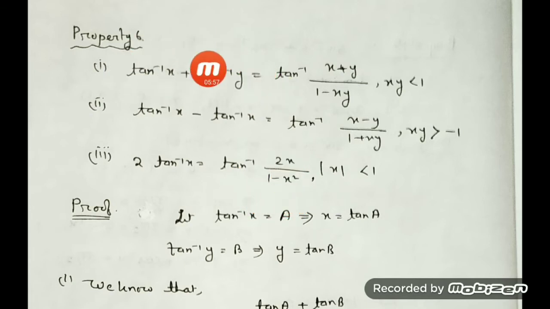For the proof of these things, you see, x and y are different things. X we cannot obtain from y, or y you cannot obtain from x. That's why here you have to suppose tan inverse of x and tan inverse of y separately. I just suppose take tan inverse of x as a. Replace into trigonometry. It is x equal to tan a. Similarly, tan inverse of y equal to b. Convert into trigonometry. Y is equal to tan b.